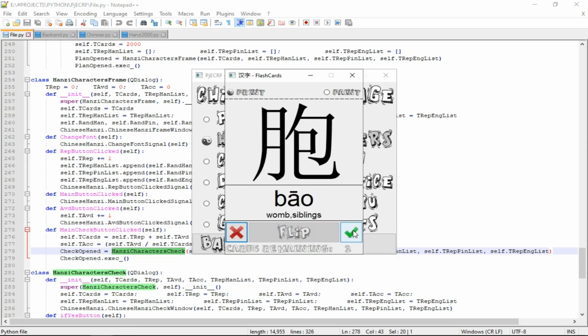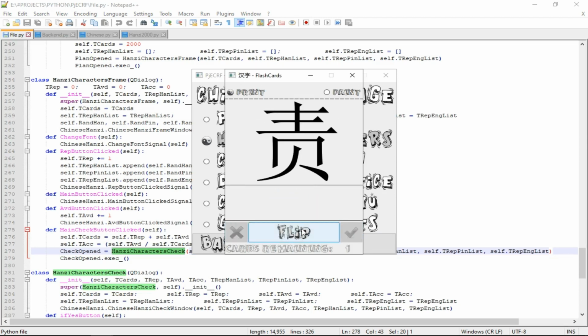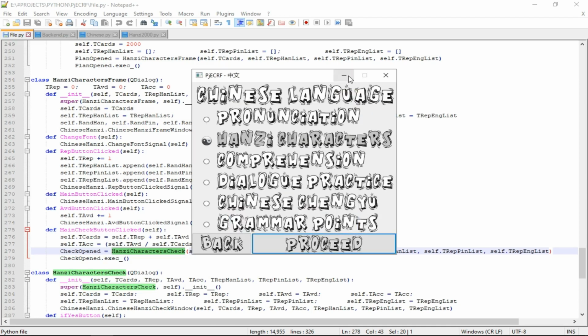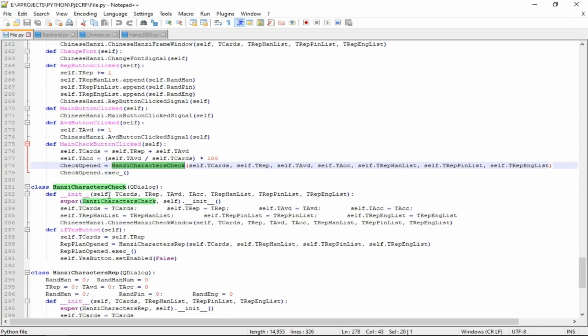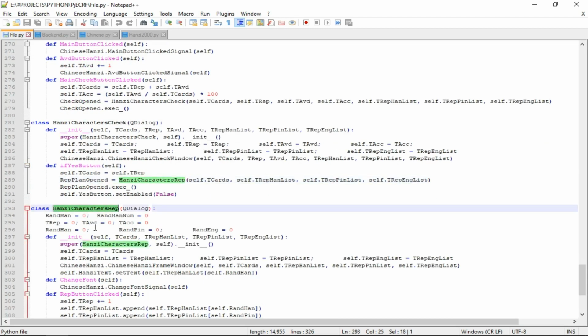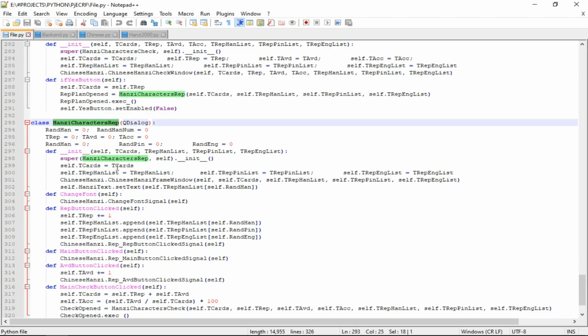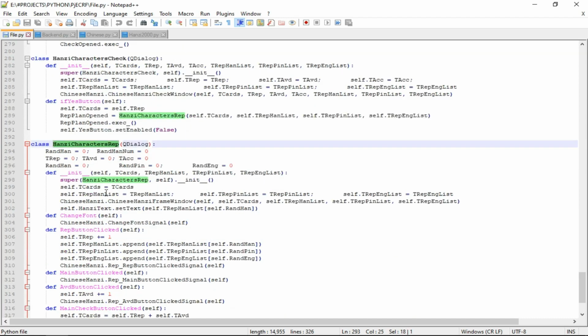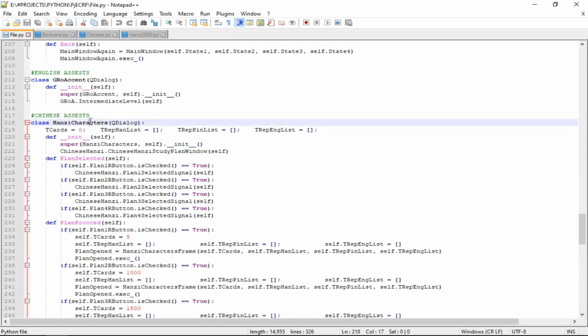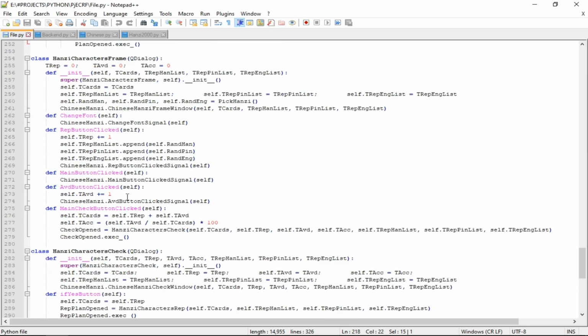Suppose I show you. So you saw that check button. I think I went too fast. Once you click that check button, it opens this check window, and if you are willing, the check repeat window opens. There is actually no big difference between check character repeat and check 100 characters. I think the only big difference is